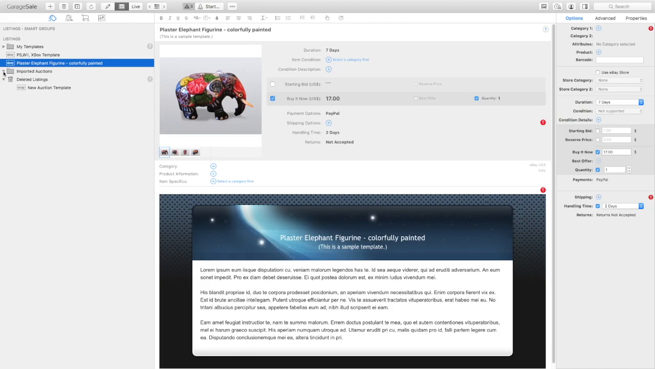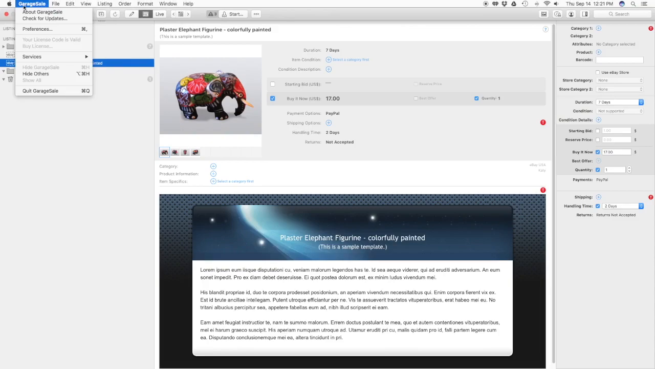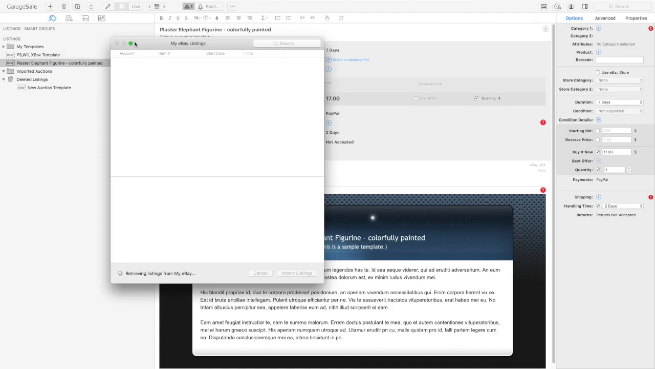Now, you can import listings from your current eBay. How you do that is go up here to the top, near where the preferences are. You'll go to Import, and then Import Listings from My eBay. And when you do that, what'll happen is